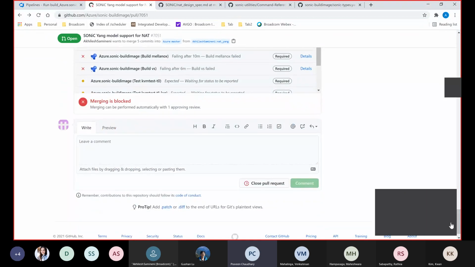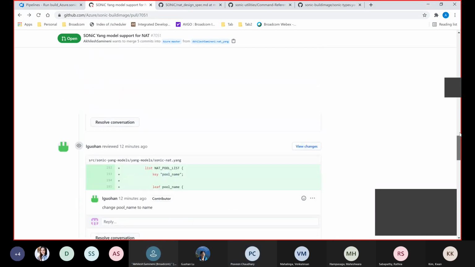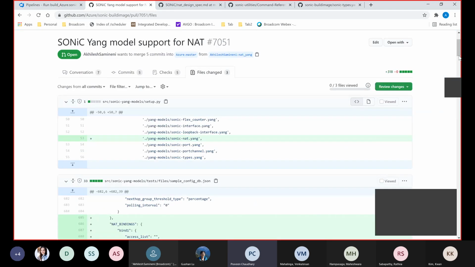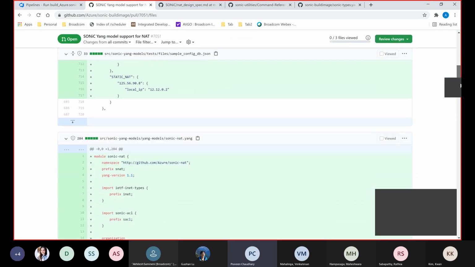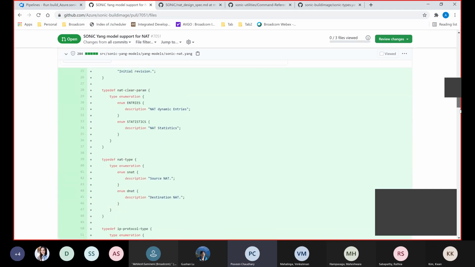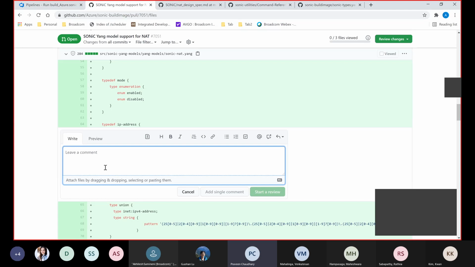Go to file changes, and on the line number itself, you can add those. Like for IP range, there was a comment, right? On the same line where it says IP address, line number 64, you can add a comment that maybe we need to change it to IP address range. Similar to this, so that all comments are recorded.